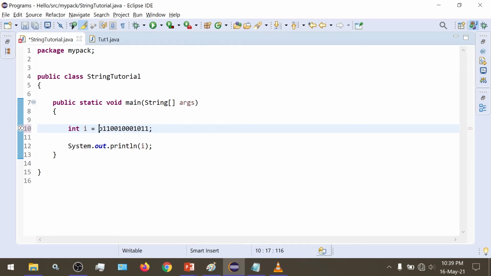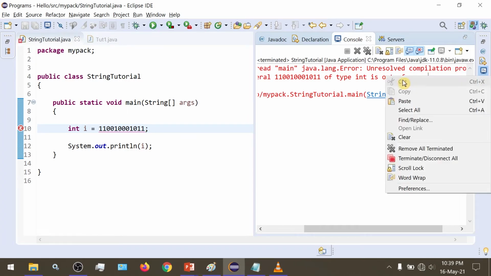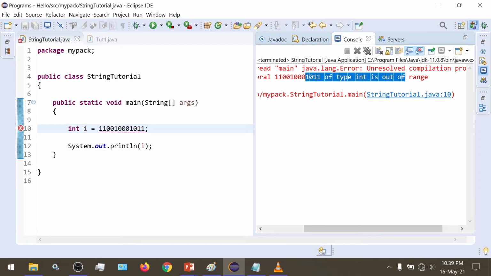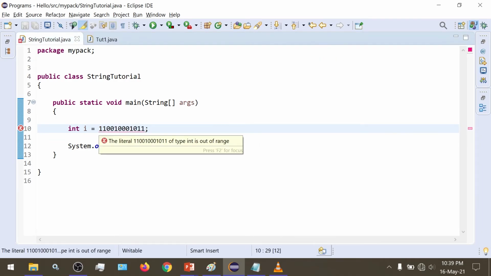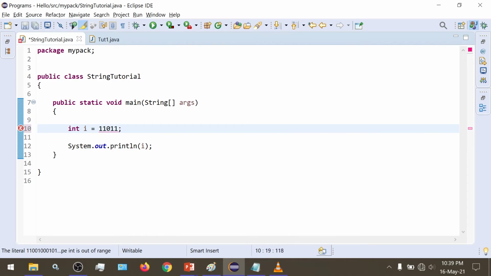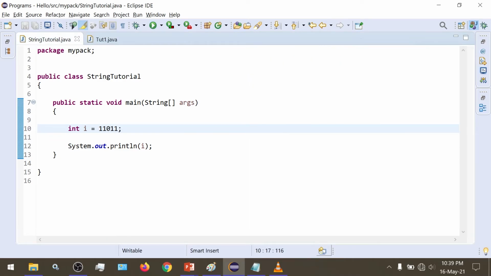Similarly, if we remove the 0b and try to give a binary value, it would say the literal of type int is out of range, since it would consider this as a normal decimal int value, and since this is out of range, it gives us an error. And if we give a value in the range, it will just consider it as a decimal value.